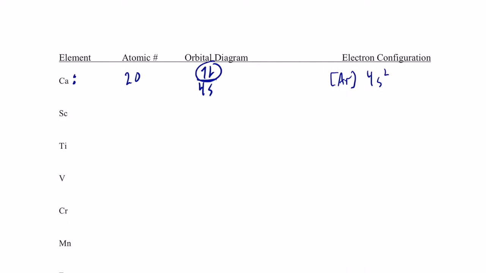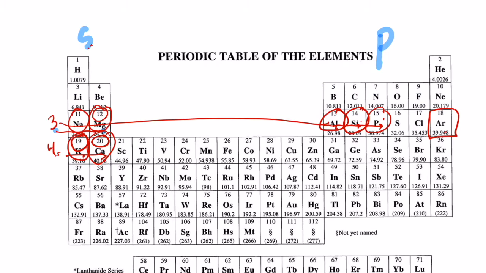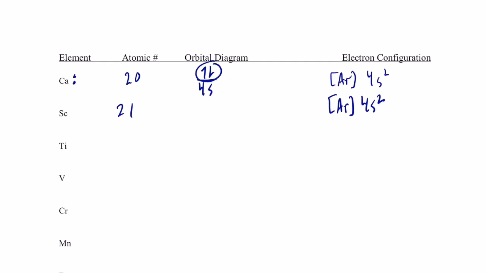Now, next up is scandium. Scandium is atomic number 21. So its configuration would be argon 4s2. Now, what comes after that 4s2? Well, remember, this area right here is called the D block, and it always lags 1 behind the row number. So, if this is the 4th row, scandium's last electron would be in the 3d sublevel. And it's the first electron there, so it'll be